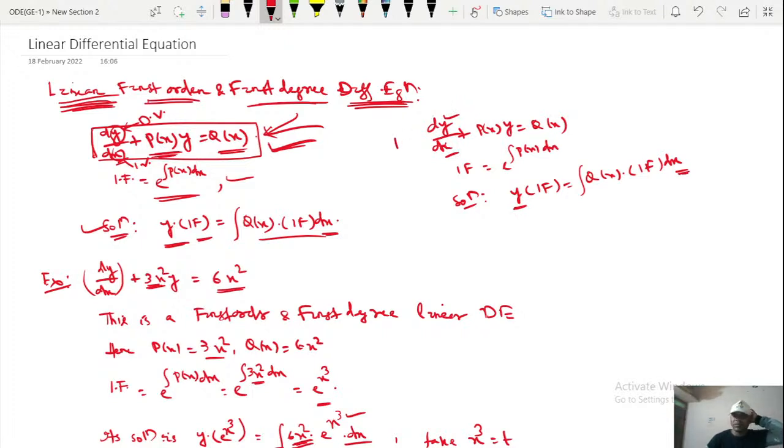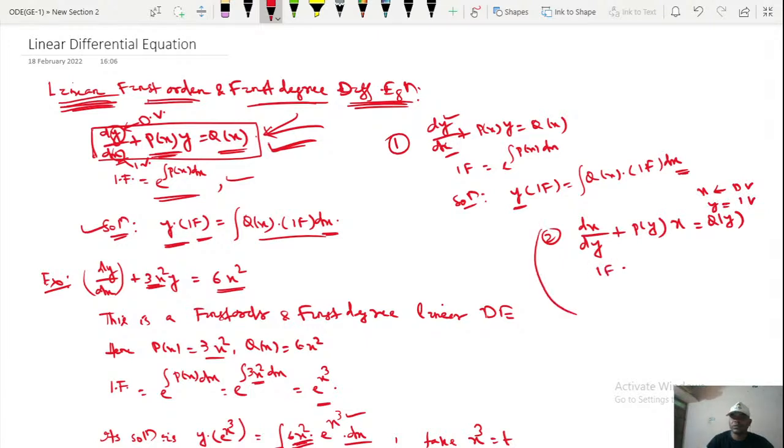Similarly, suppose the equation is given in the reverse way, in dx by dy, then the form will be dx by dy plus p of y into x equal to q of y. That means here x is the dependent variable and y is the independent variable. So here the integrating factor will be e to the power integration of p of y dy, and the solution will be